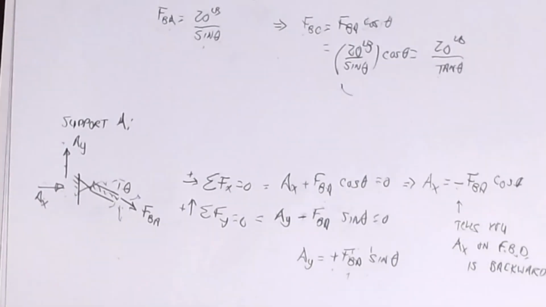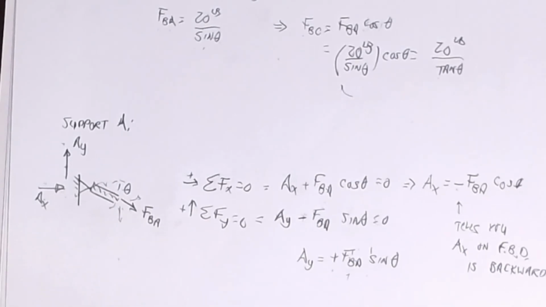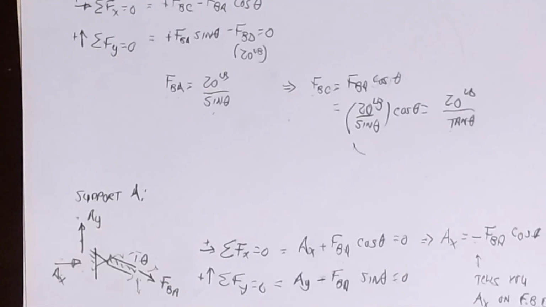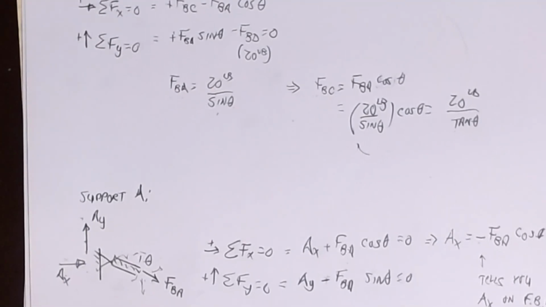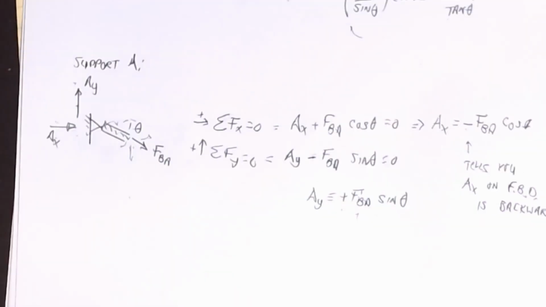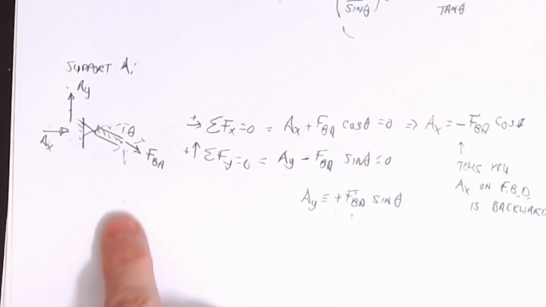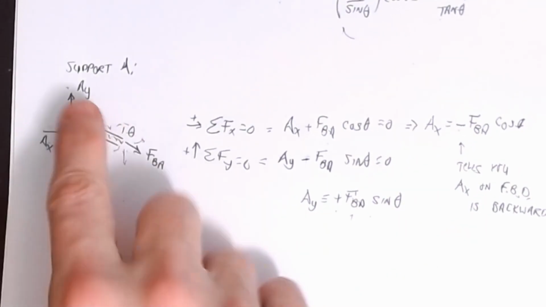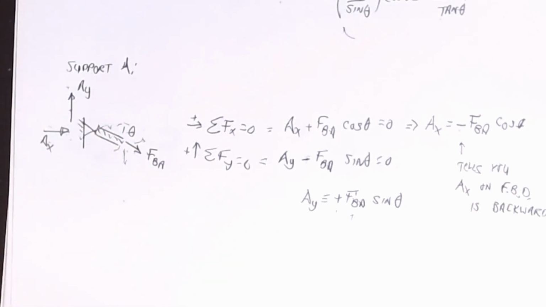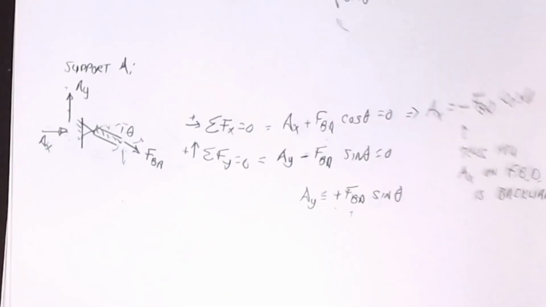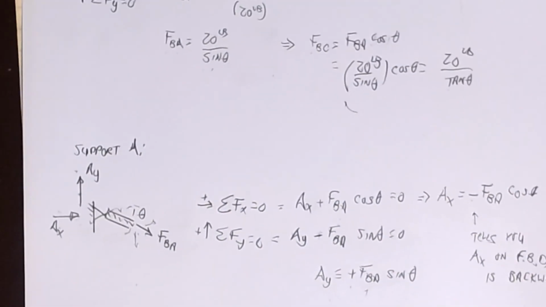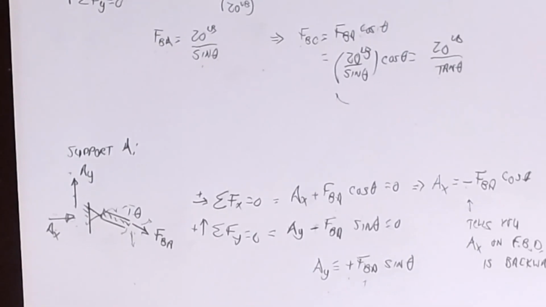And so that's kind of the idea of where we're going with drawing these free body diagrams and what I can start to do with those. We just got to be careful on how you set up these free body diagrams and work from there. So that's kind of the basics of WISE and what you can do. It's a lot of practice and a lot of experience that will show you how to make these cuts and what to look for. You could go do the same thing on support C, draw the same picture, write the same equations. And so you're starting to see a pattern already, and this is really our first example of equilibrium,